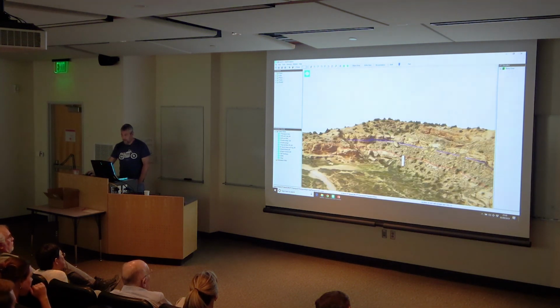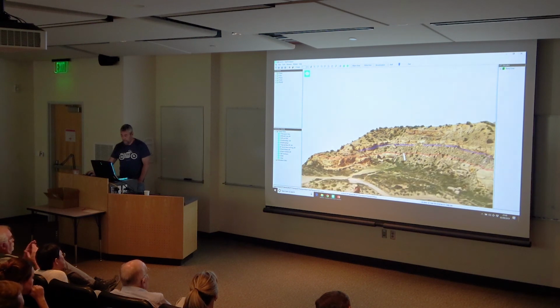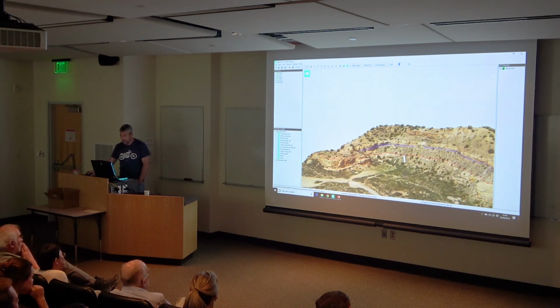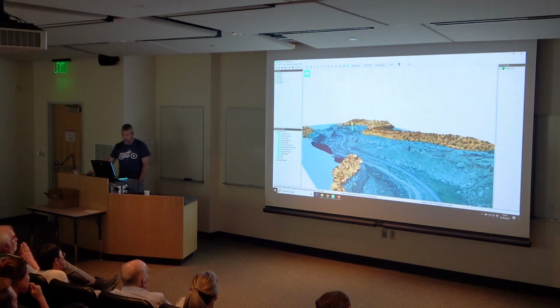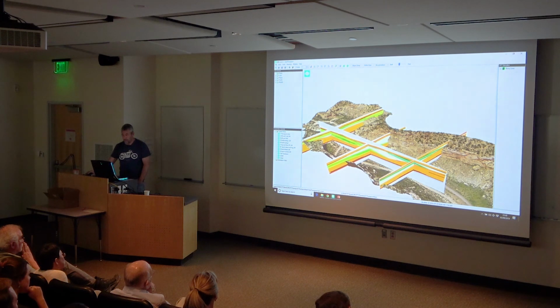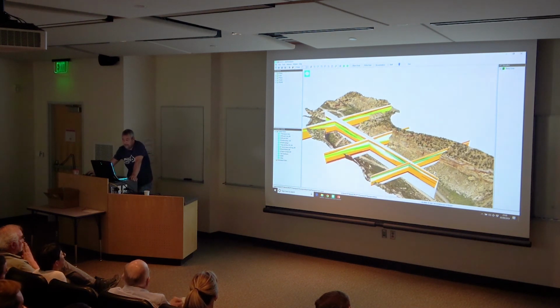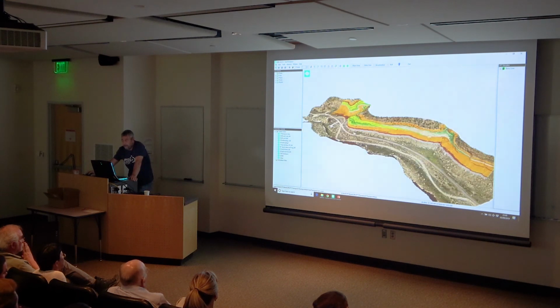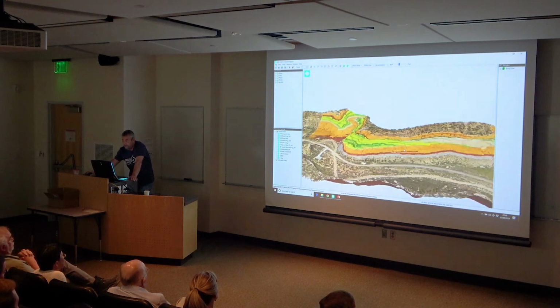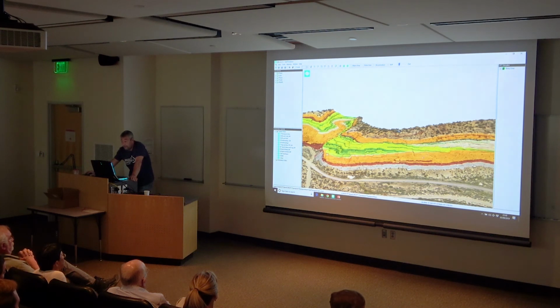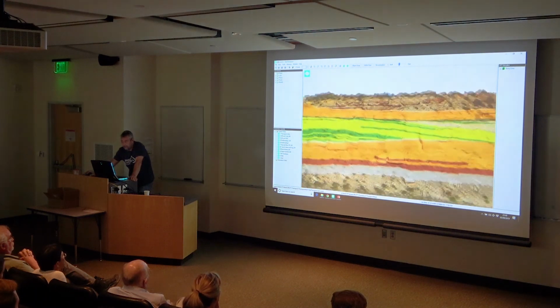We can map out surfaces in the virtual outcrop. That's the base of the estuarine unit, that's the flooding surface across the top of it, and I can create planes. And then I can create a nice little Petrel model that shows that: the yellow and the green is the tidal estuarine package. The orange and the red is the shoreface. So I can see exactly how this would look in a model, and I can even overlay that model directly onto the outcrop if I want, and compare grid resolution issues, compare what we can see in the outcrop with what we actually see in the 3D model.